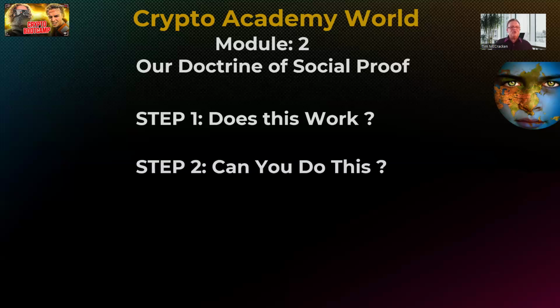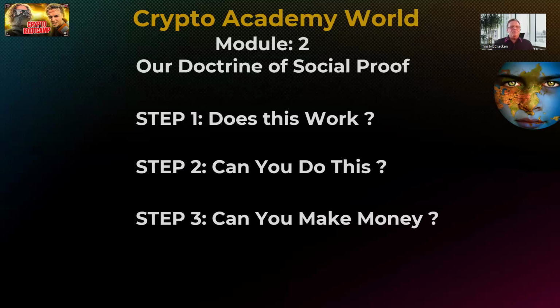Then, step 2, we don't know this. Can you do this? Not everyone is wired for cryptocurrency. It's a volatile asset class. So if you're a highly emotional person, and we also, with the Academy, do decline people. If you've got extreme gambling problems, bipolar disorders, maybe suffering from mental disorders and depression, this is just not for you, right? If it's not for you, that's okay, because you can go and find something else that does work for you. And then step 3, can you make money?